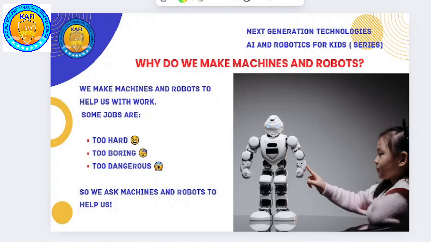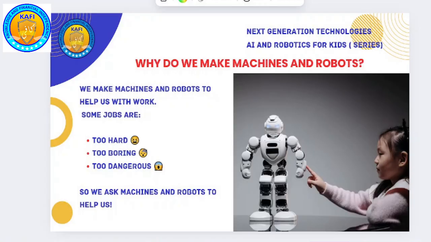What else does it do? Yes, dangerous work as well. Sometimes, let's say, if we want to climb a building to the sixth floor from the wall outside, for example to color it or clean it, it is very dangerous, is it not?